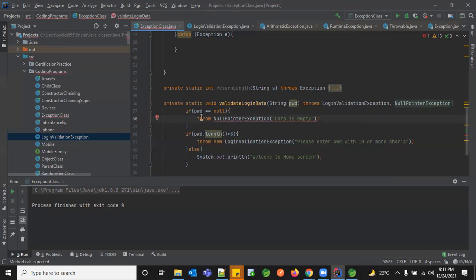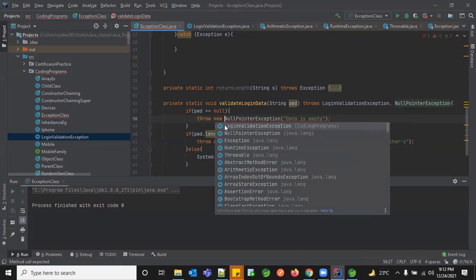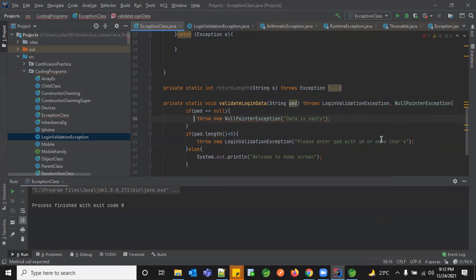No. Your throw keyword will expect an object to be passed, and you need to pass something from one person to another person, right? For that, you need to have your object handy, else you will not be able to throw it. But in case of throws, I don't want to create an object. I can just tell them what I'm actually passing. You can just tell me what it is. That's it. That should be fine for me. I don't need any objects to be passed. So this is one more difference between throws and throw. So till now, any confusions between throw and throws?